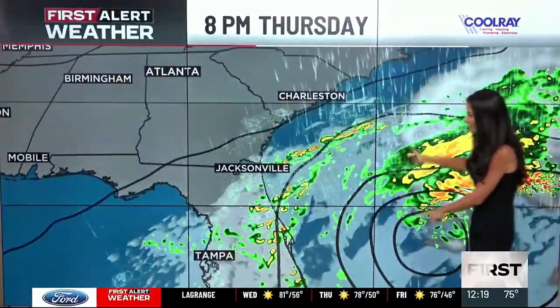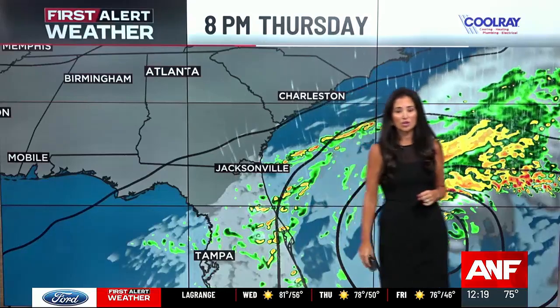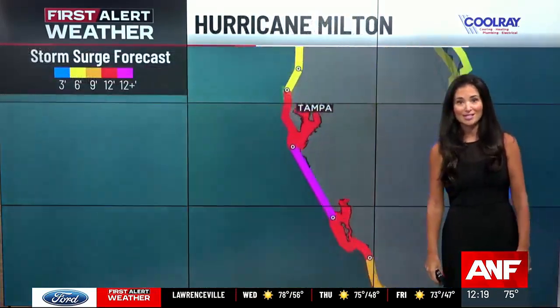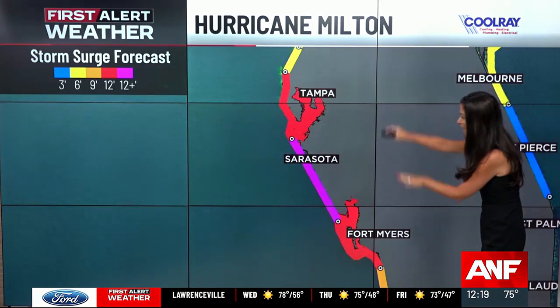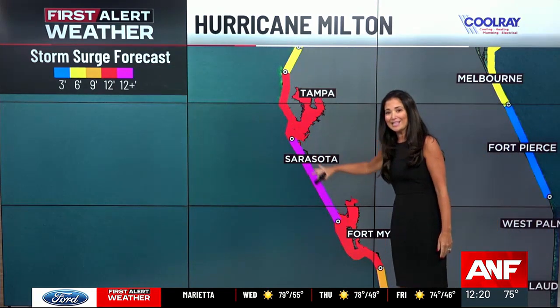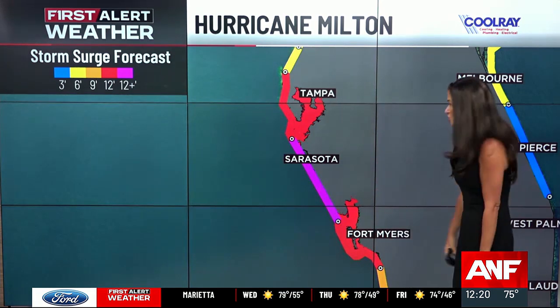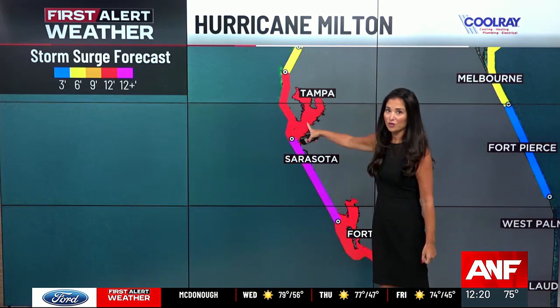As it moves east, those outer bands will bring rain across coastal Georgia and coastal South Carolina. We could see some tropical storm force winds across southeast Georgia as well. Highest storm surge from Sarasota, Anna Maria, south all the way to Boca Grande. That's where we could see that 10 to 15 foot storm surge, and 8 to 12 foot storm surge for the